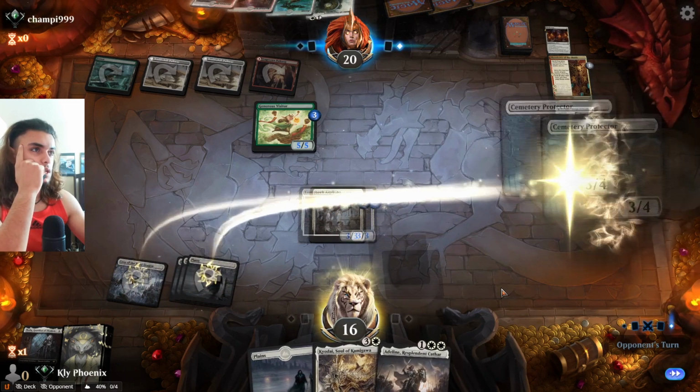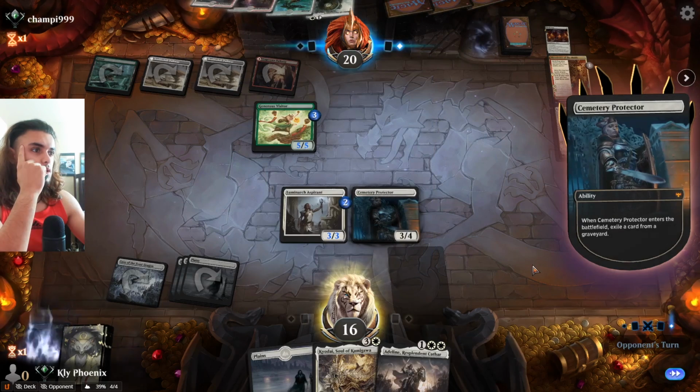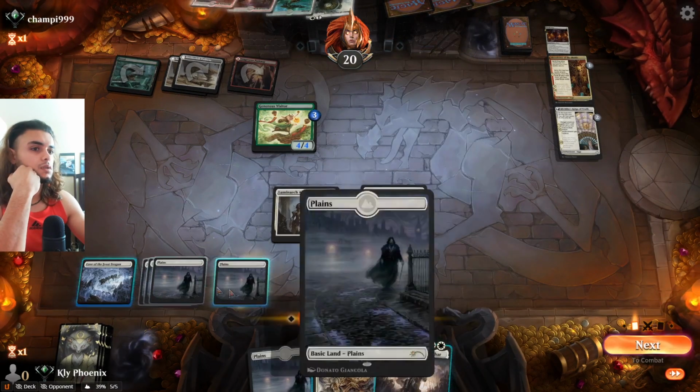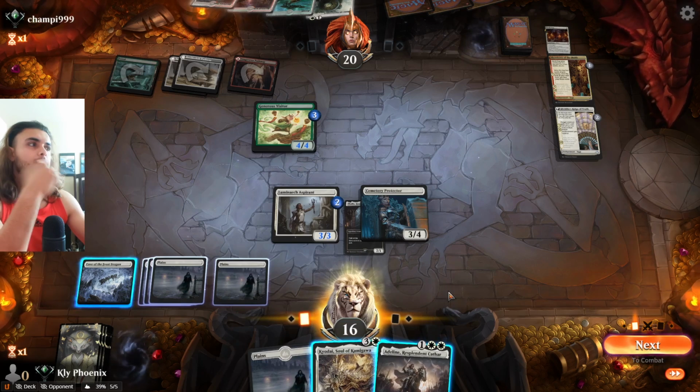Alright, well in that case, we just play Cemetery Protector. We exile Thalia, so that whenever we play a creature... Okay. So that's pretty good, right? This becomes a 4/5. I mean...